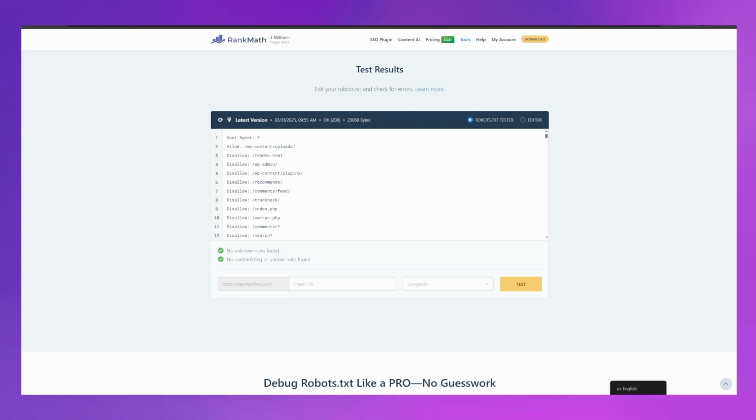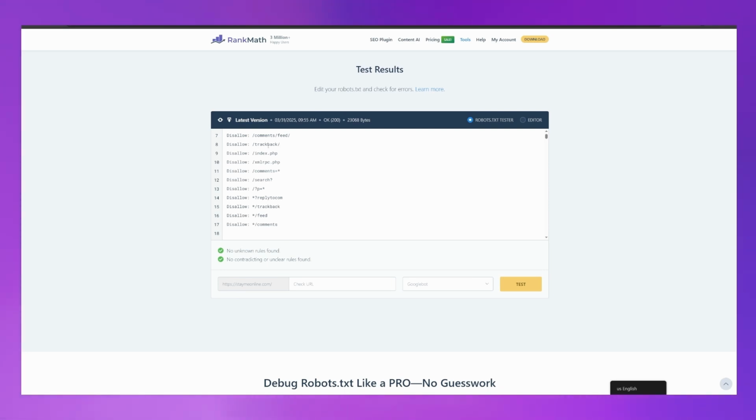Interestingly, they are also disallowing the WP content plugins directory. This might be intentional if they have specific reasons not to want search engines looking at the plugins file directory. However, sometimes plugins add important content or functionality that Google might need to see. So this is something that you should consider very carefully. They also disallow this /recommends directory because they are just affiliate links and they don't want them to be indexed, obviously. We again see disallowing of the comments feed with this /comment/feed path over here, and then trackback,